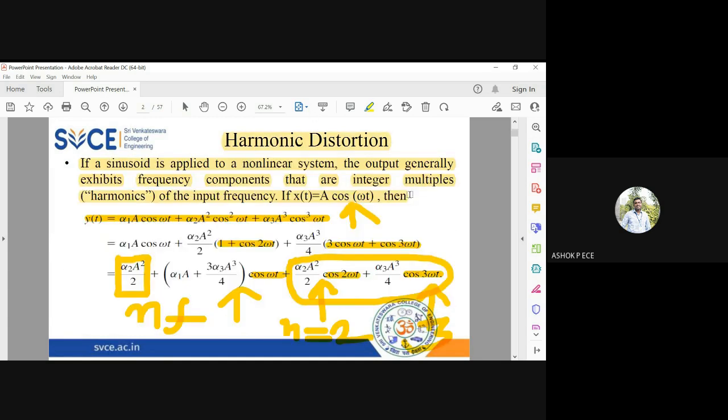Harmonic distortion can be analyzed only in a mathematical way. That is why we have taken a sinusoidal input given to a non-linear